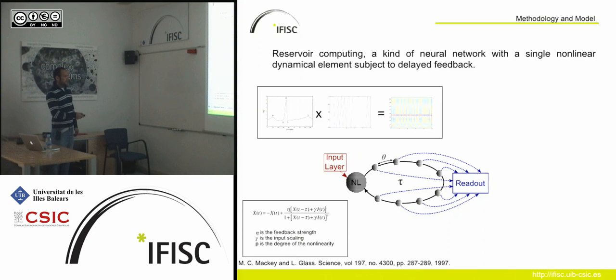The first one is eta over here. That is the feedback strength, so how important the input that is going to enter the feedback of the nonlinearity will be, as it enters the nonlinearity again. We have gamma over here, that is the input scaling. So this is going to scale how important the input, this matrix, is going to be inside the nonlinearity. And we have an exponent p that allows us to tune the degree of the nonlinearity. This can help in different tasks. We can have different values for it.